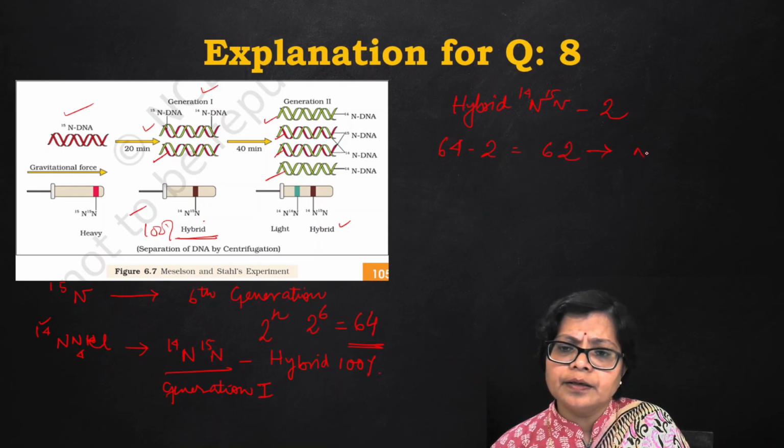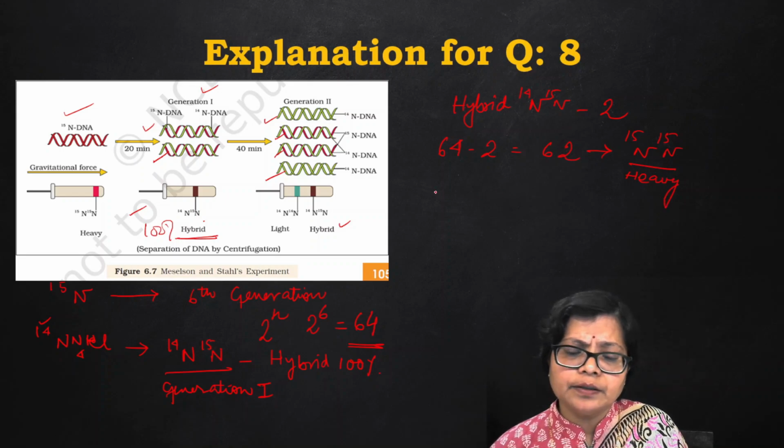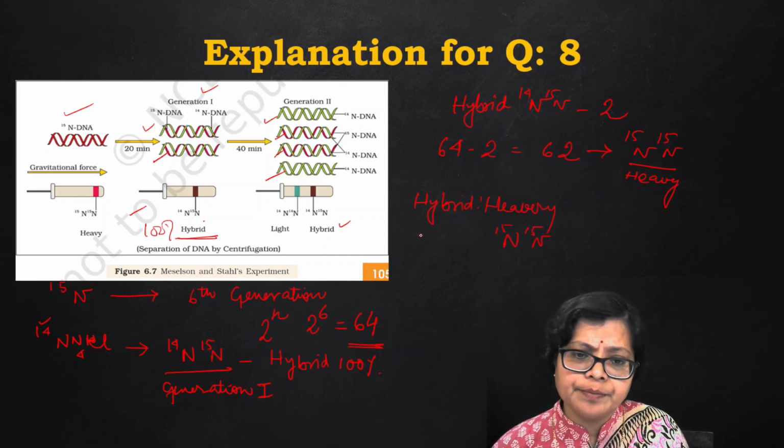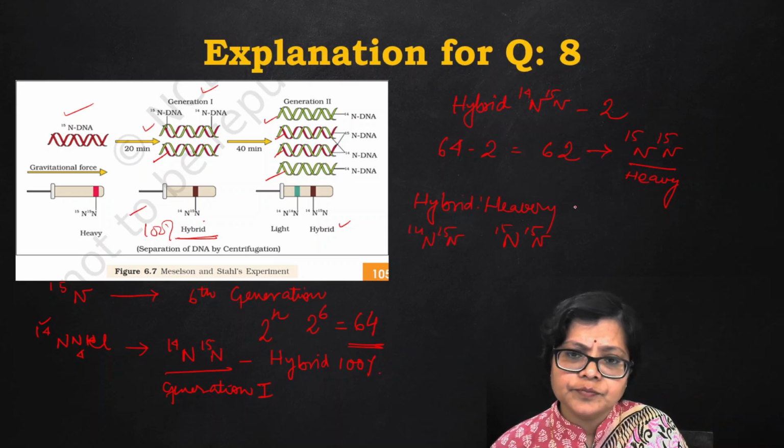62 will be N15 type, that is the heavy one. So now hybrid is to heavy. Heavy means N15 type. Hybrid means N14-N15 type. Will be